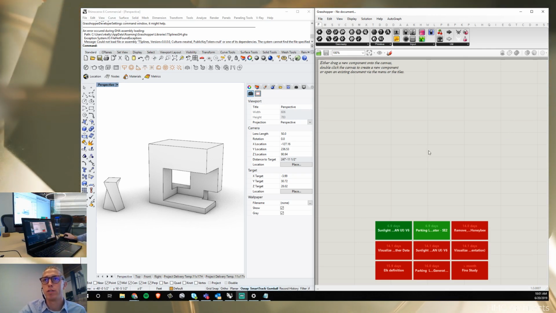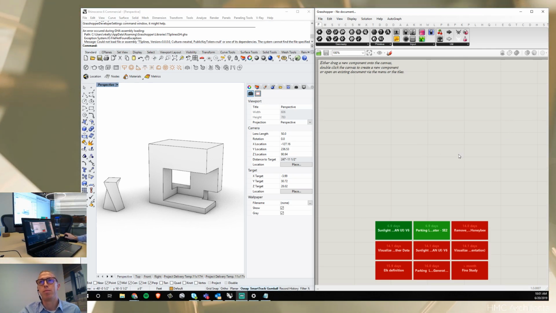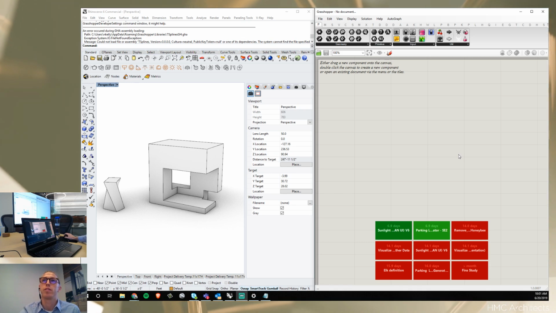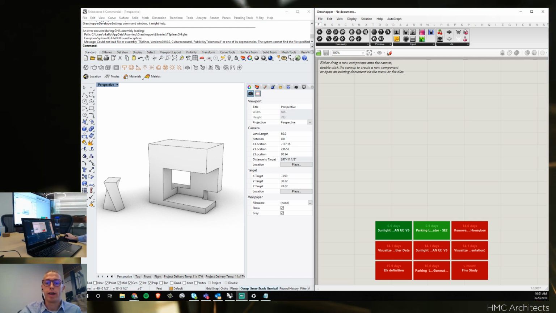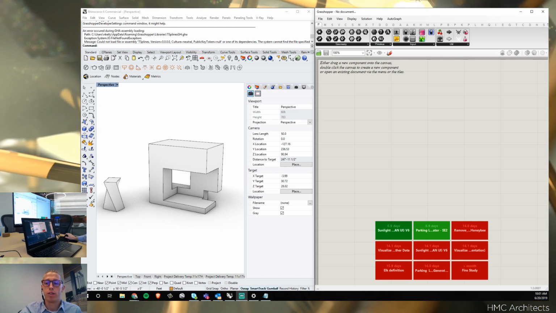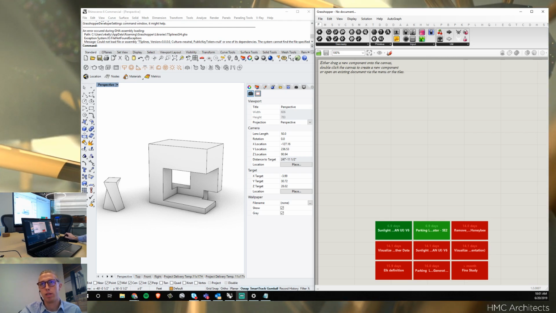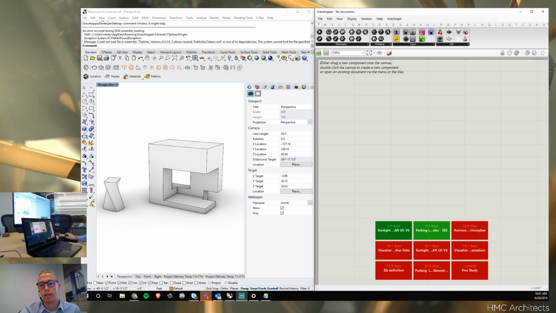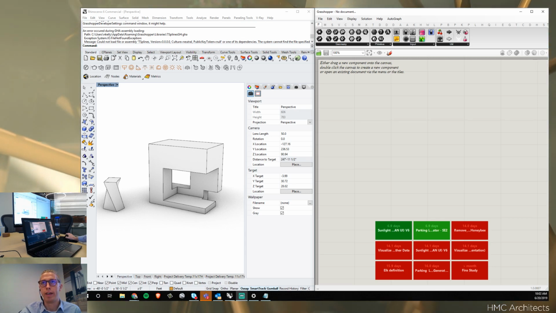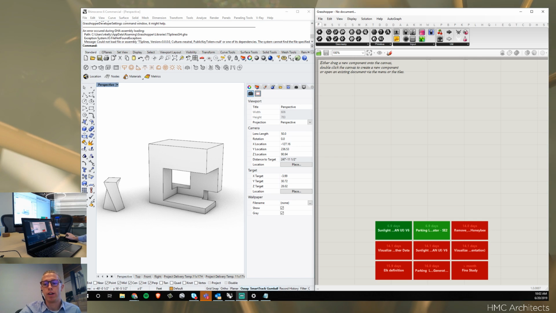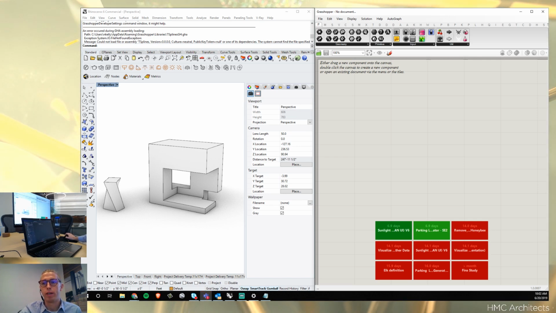So there's a few different tools that I could use. We have the Ladybug suite of tools. We have the Diva suite for environmental analysis. And then on the UI side, we have,